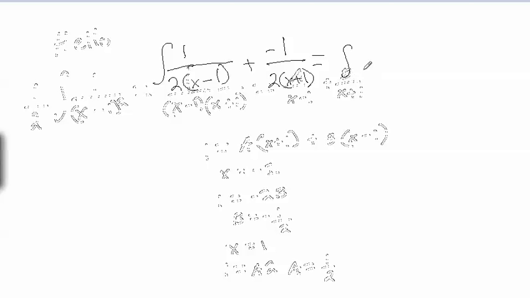But, right, now that we found those two numbers, we can go back to this and say the integral of 1 over 2 times (x minus 1) plus -1 over 2 times (x plus 1). And then we can split this up into two integrals and solve this much easier, and say that